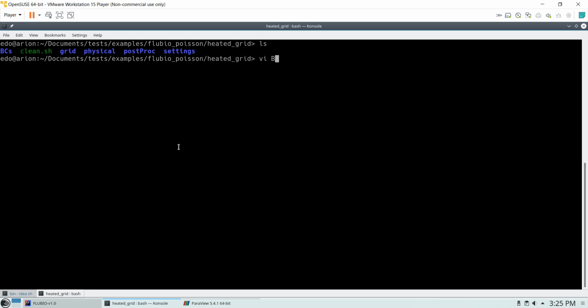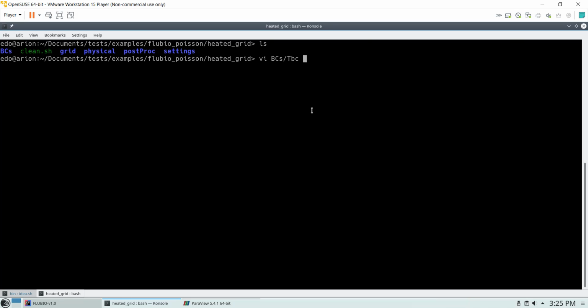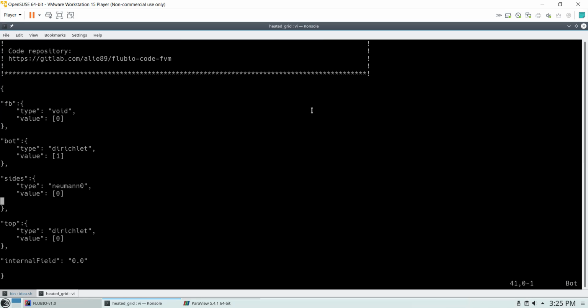Boundary conditions are inside the DCs folder, and you have just one file which carries the name of the field you're going to solve, and then just appends DC to highlight that this is a boundary condition file. If you click it, you see just a simple text file, and inside you have a JSON dictionary. Why do we use JSON then? Because it allows us to get rid of the formatted input, which is a bit of a pain in Fortran. In this way, we can just set up our boundary conditions with many lines, with many options,